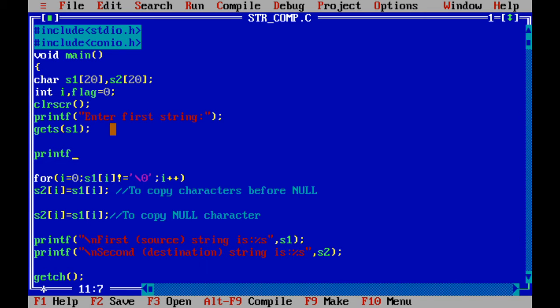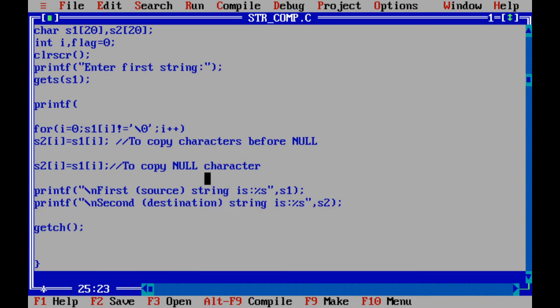Next, printf, \n, enter second string, bracket complete, and semicolon.